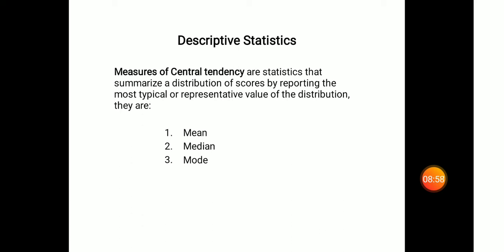Now the next measure after measures of central tendency is what we call measures of dispersion. Again, why do we need these measures of dispersion? We have seen that a measure of central tendency gives the exact value, the middlemost value of the data. So if two sets of data have the same averages, say the mean for the two sets seems to be the same, we got the same value for the mean. But when we go through that data, we can see that the numbers are different there.